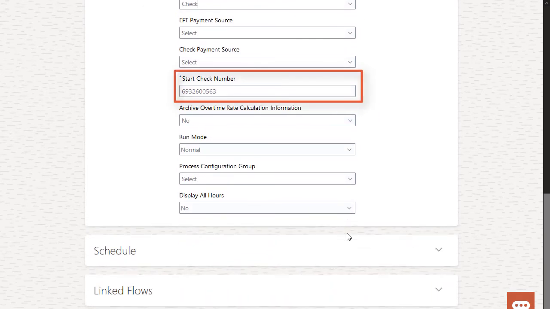Start check number is a required field, and during setup you can enable this to populate automatically. However, if it's not enabled during setup, you'll need to determine the check number you want to use and enter it manually. If I don't need to schedule the payment flow or add any linked flows, I can go ahead